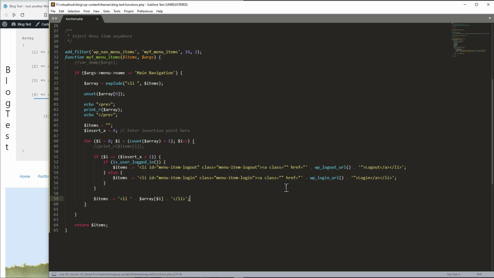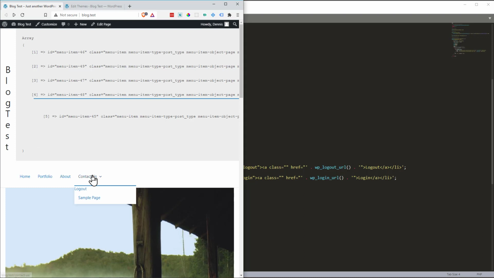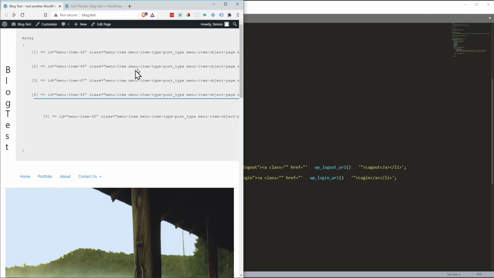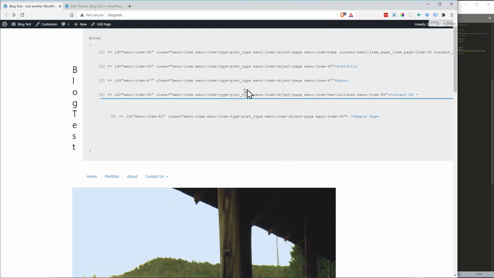So this is the very bare of our code. So if I'm gonna reload this one right here, as you can see right there, see, the logout doesn't look like it is part of the menu. So that's why we need to have the proper class attached to our menu item. Okay, and that is the reason why we have this displayed. As you can see right here, we got the class on the menu. That is the class, and I'm not gonna include this one because this is tied to that one, as you